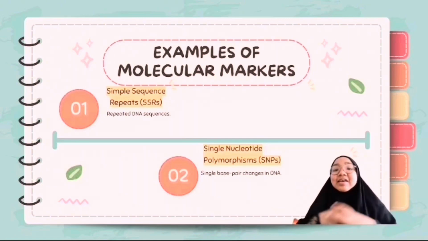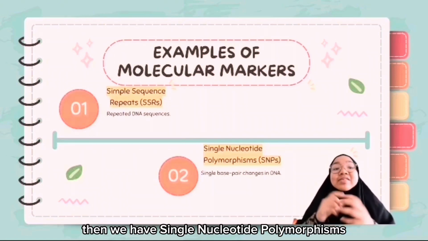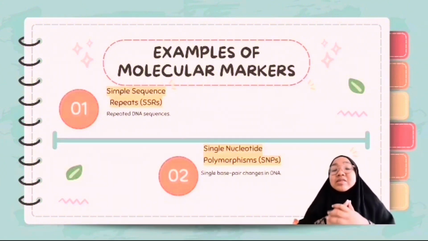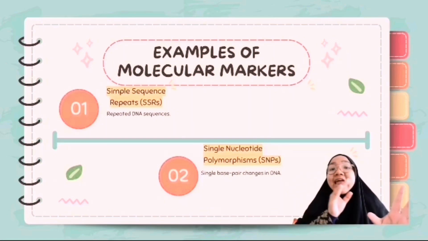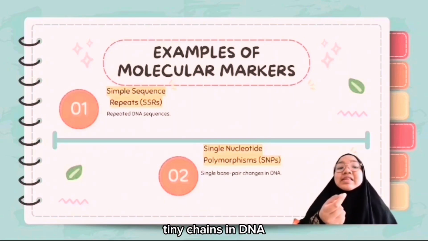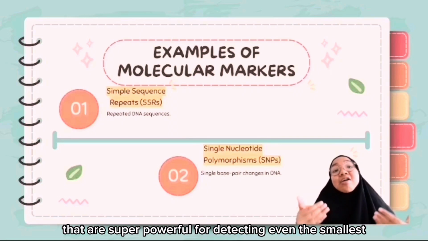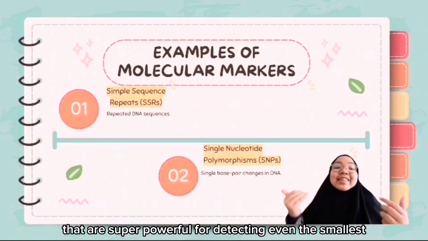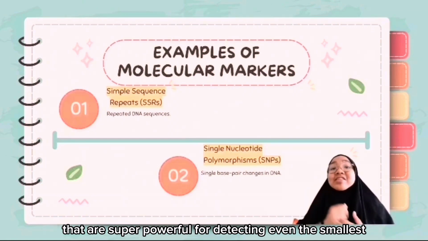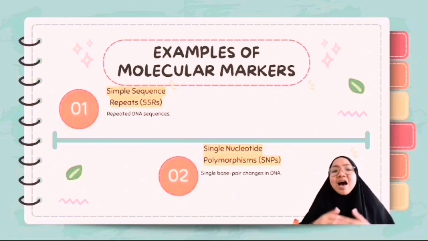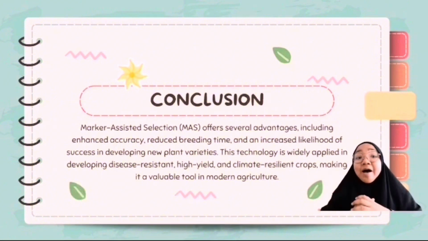Then we have single nucleotide polymorphisms, which we call SNPs, tiny changes in DNA that are super powerful for detecting even the smallest genetic differences. How awesome is that? To wrap it all up,